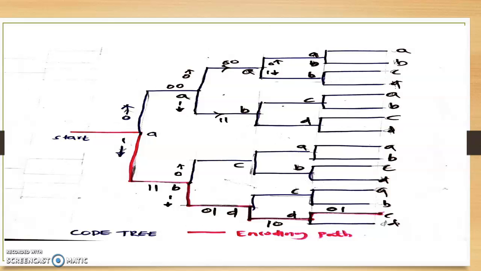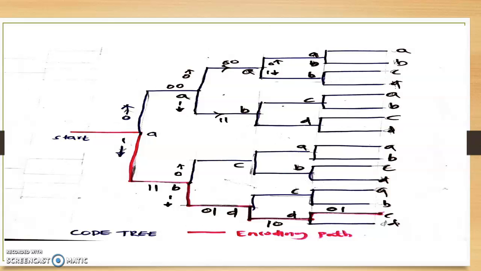Similarly, when I go for the upper A, again when it has got a 0, it will go to the next state A. When A has got a 1, it will go to the next state B. In this way, I will complete this diagram for my given message. Similarly, if we go downward, when B has got 0 input, it will go to the next state C. When it has got the 1 input, it will go to the D state. So in this way, I will continue this diagram.